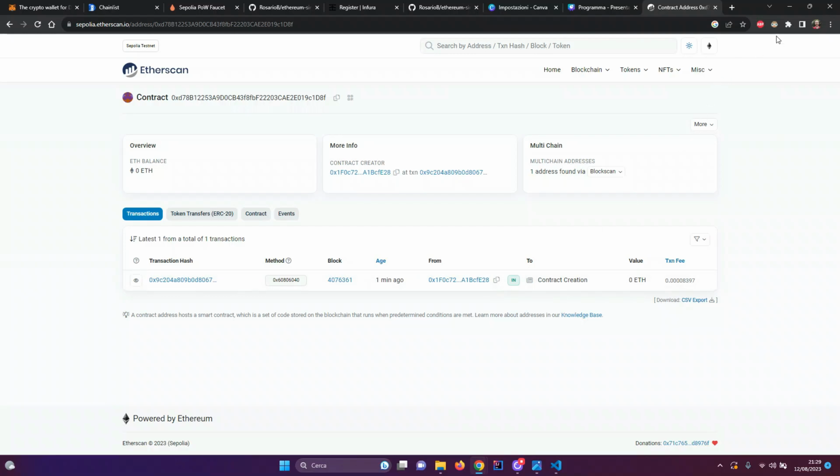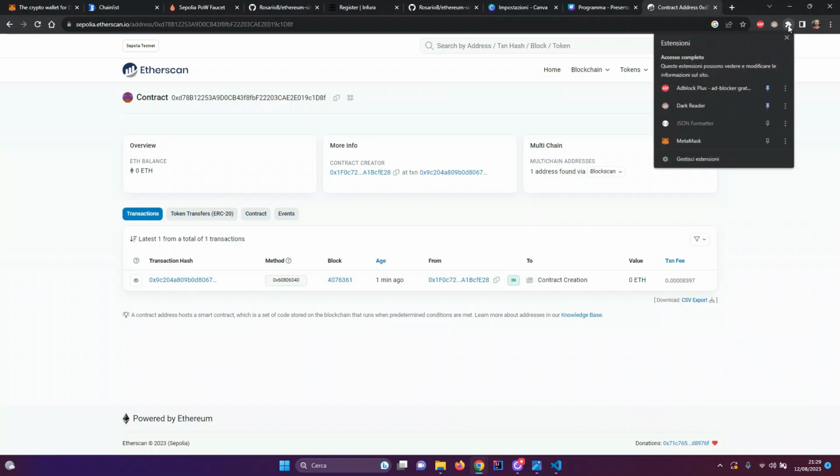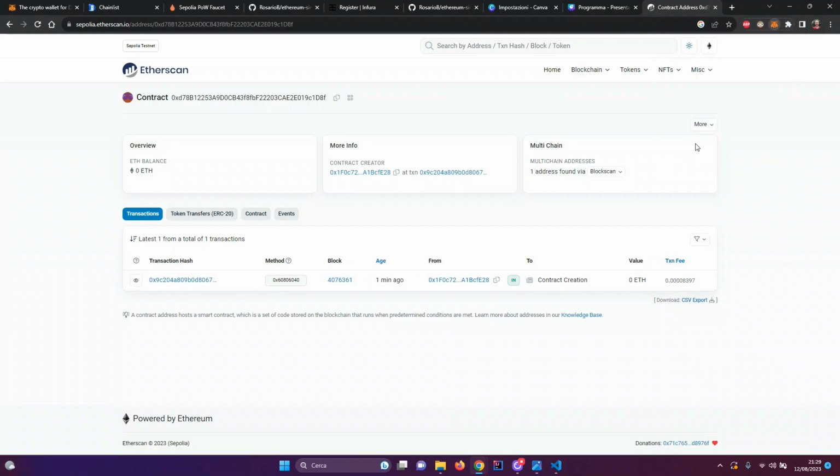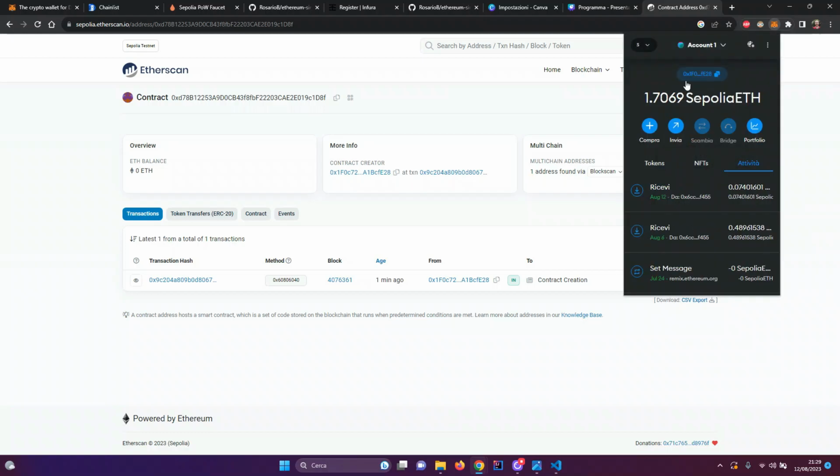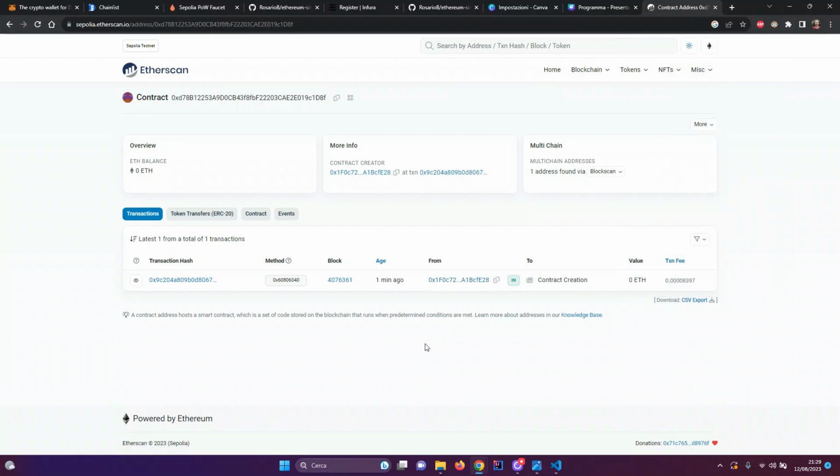We can also check the address of our account, which starts with 0x1f0 and ends with FE28. So this certifies that our contract has been successfully deployed.